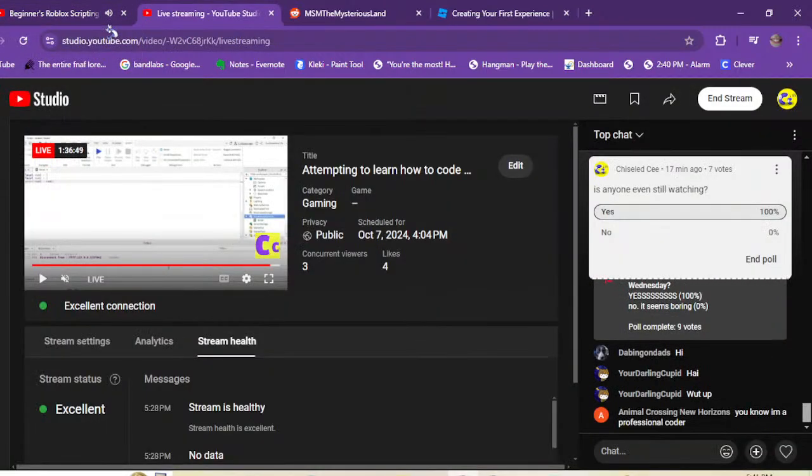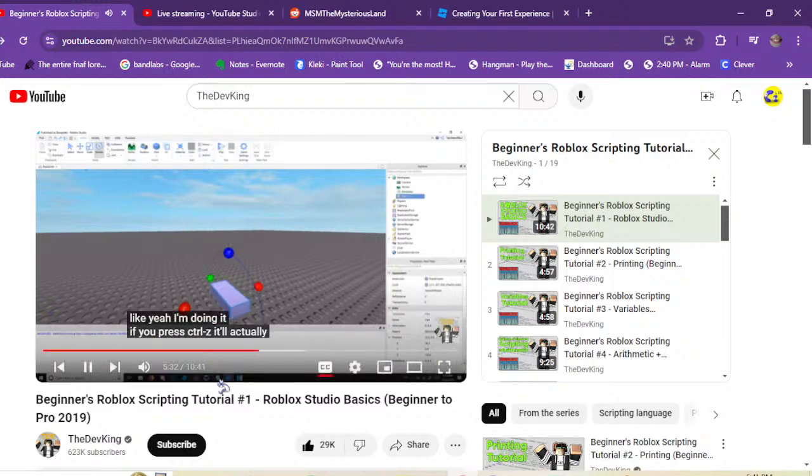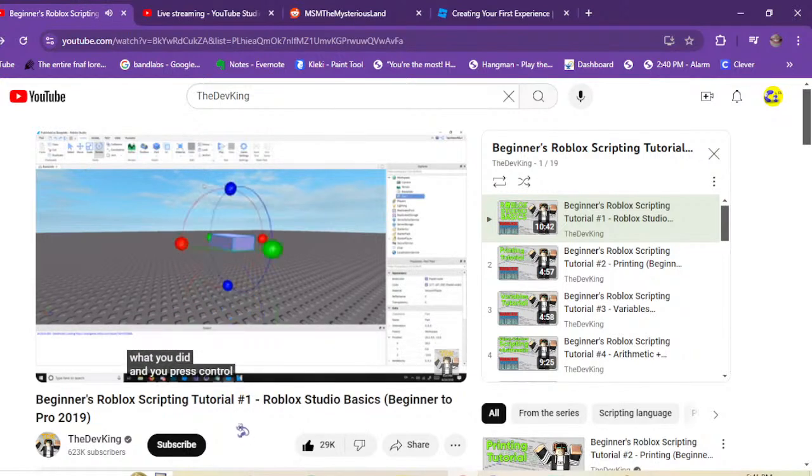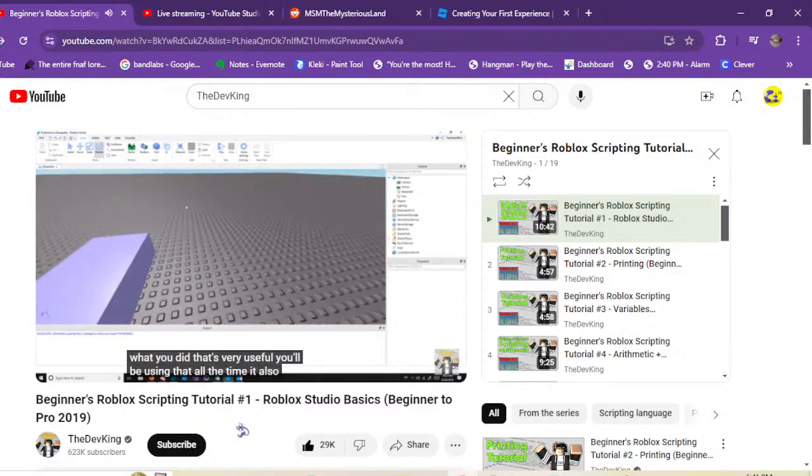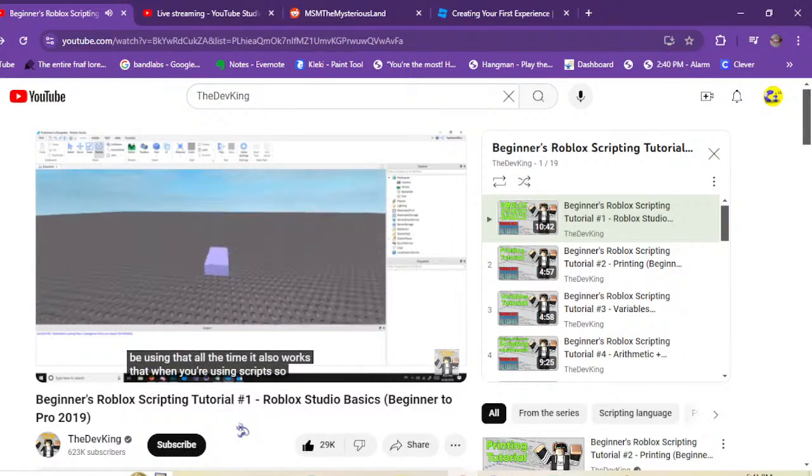But if you're wondering how I'm undoing all this stuff, if you press Control Z, it'll undo what you did, and if you press Control Y, it'll redo what you did. That's very useful. You'll be using that all the time. That also works when you're using scripts. So anyways,